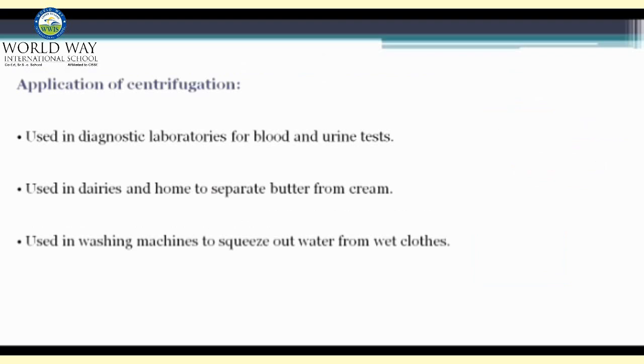Now the next technique is to separate two immiscible liquids using a separating funnel. The term immiscible stands for those liquids which cannot be mixed with each other. So you can see the setup of a separating funnel, which involves the principle that there is a difference between the densities of the two different types of liquids which are taken inside the funnel. They form separate layers when they are poured one above the other.